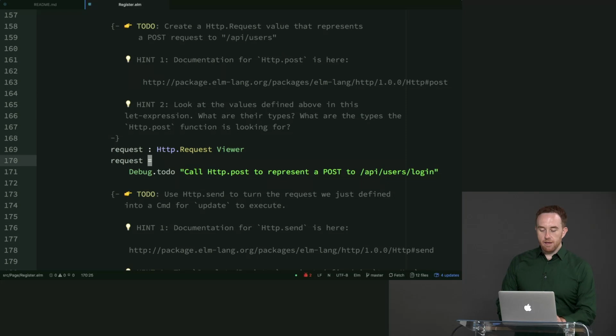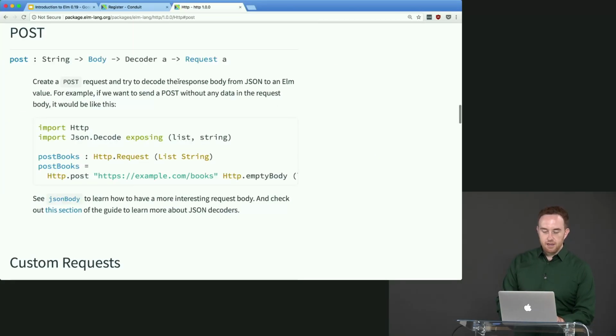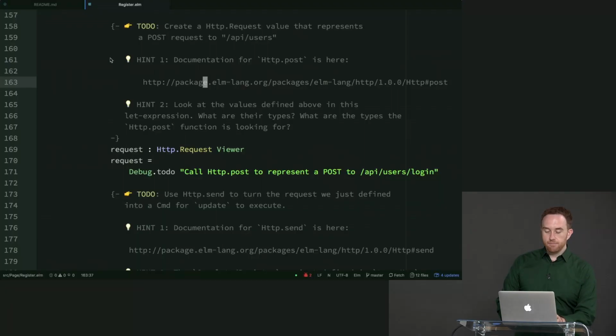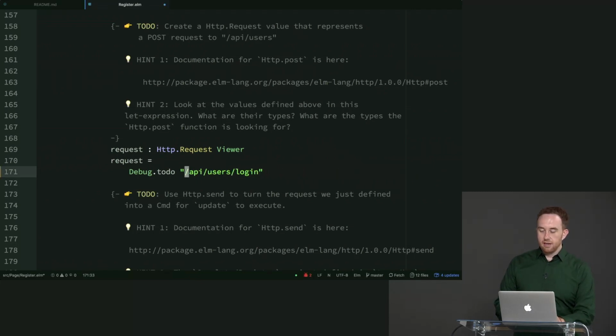Okay, so here is our request. If we want to send a post request to this, we're going to need to use this documentation right here. So post takes a string for the URL, so we can see that right there. Then it takes a JSON body. So we know the string that we want is going to be /API/users, not /login. And we don't want debug.todo because that's just going to crash, so that's no good. What we want instead is